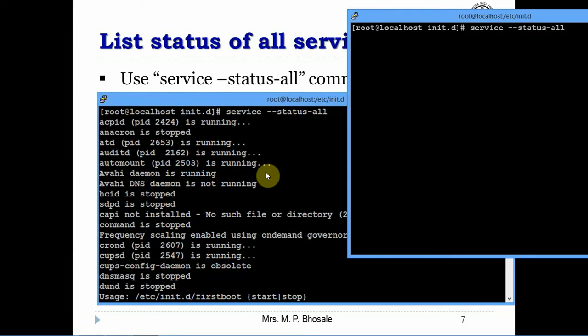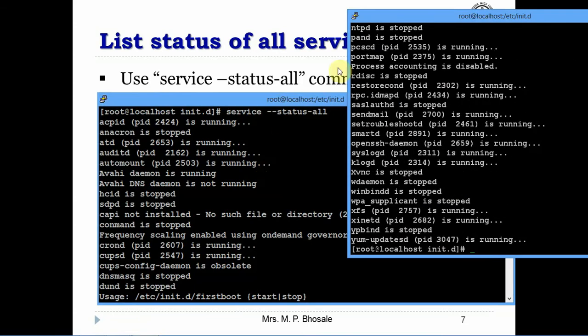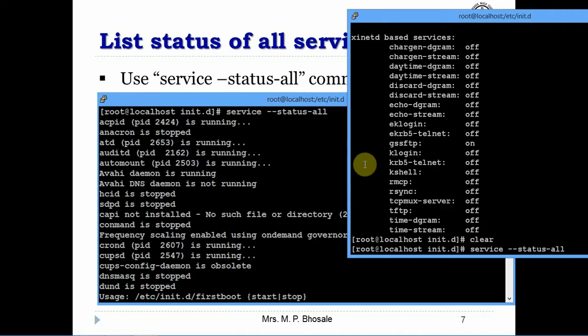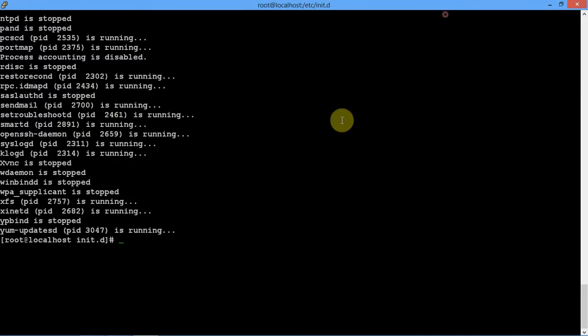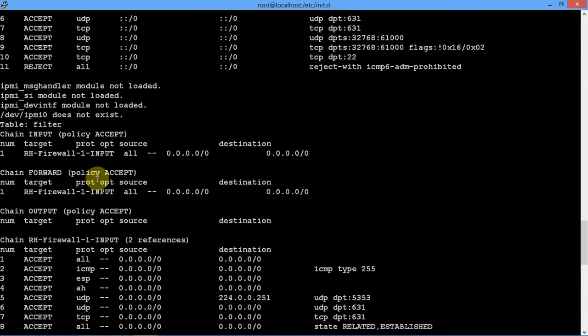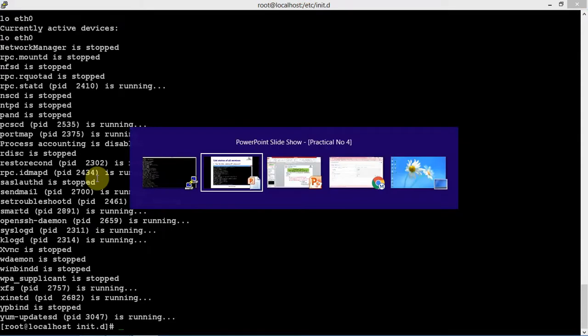All means I want the status of all services, and when I press enter, I can find each service with its status, whether it is running or not. This is the output of the status of services.